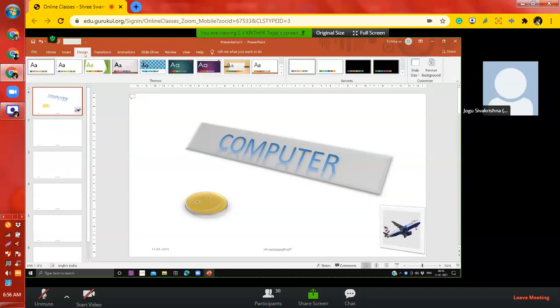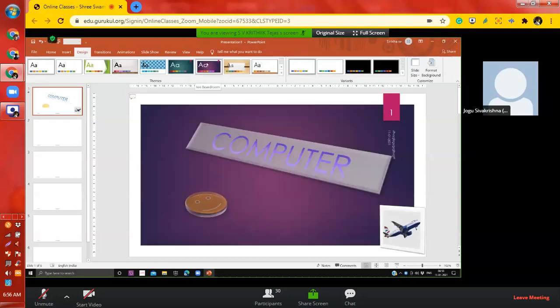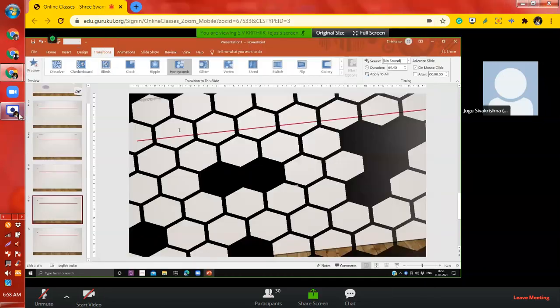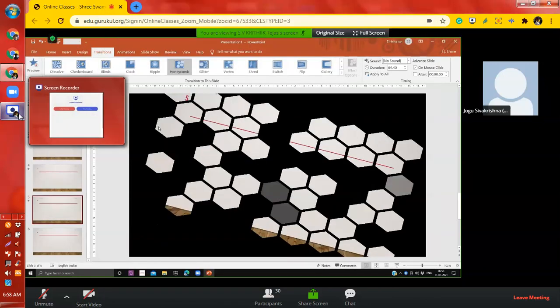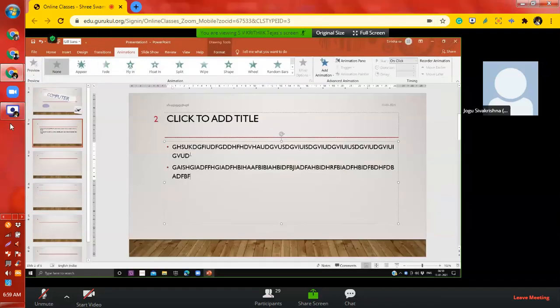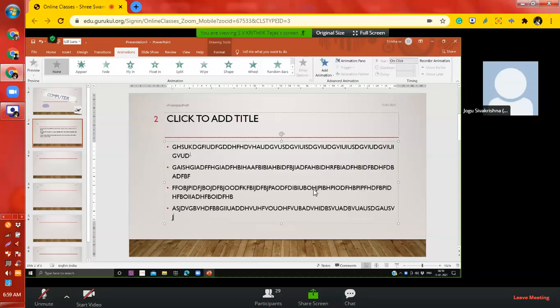Yeah, that is for slide. Yesterday we learned this, we went through this slide design. Yeah, enter and type it again. Yeah, see here how many